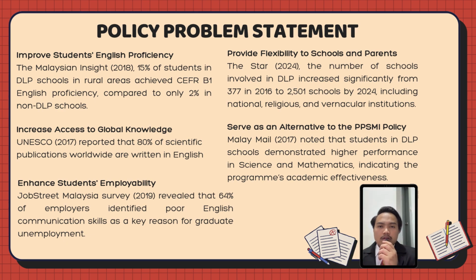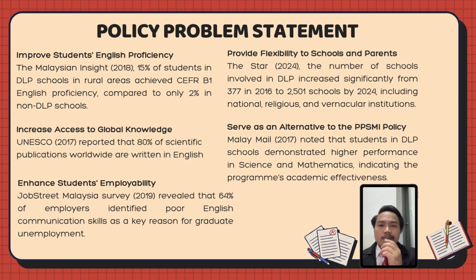The first main problem of DLP is to improve students' proficiency in the English language by allowing science and mathematics to be taught in English. DLP exposes students to essential academic and technical terms from an early age. According to a study by the Malaysian Insight in 2018,